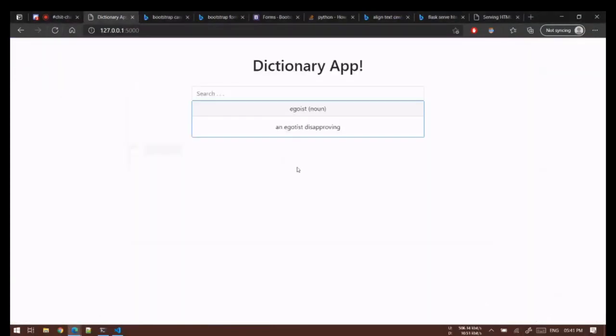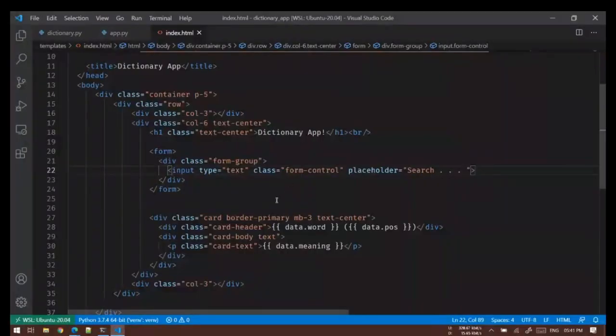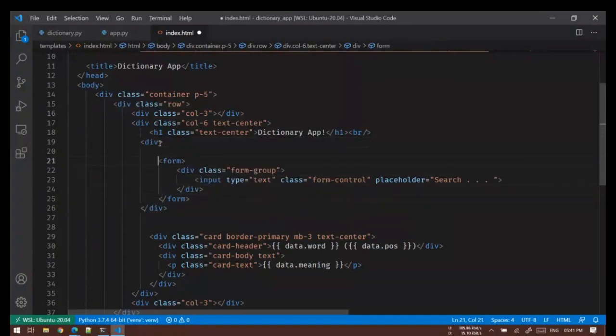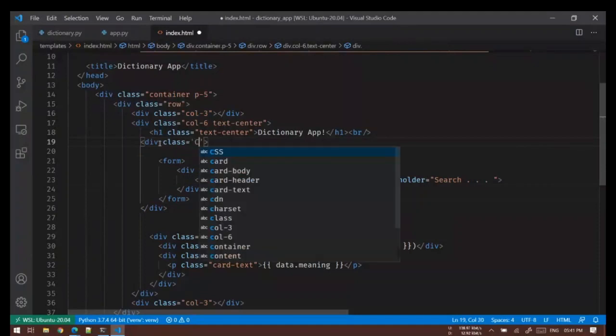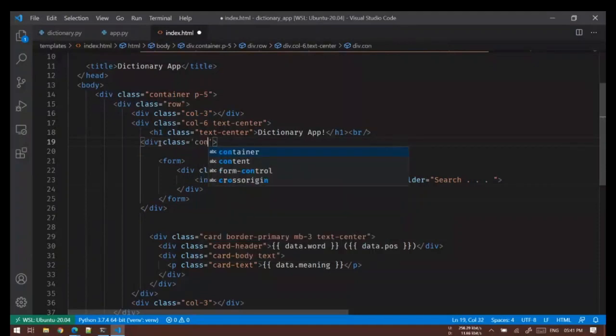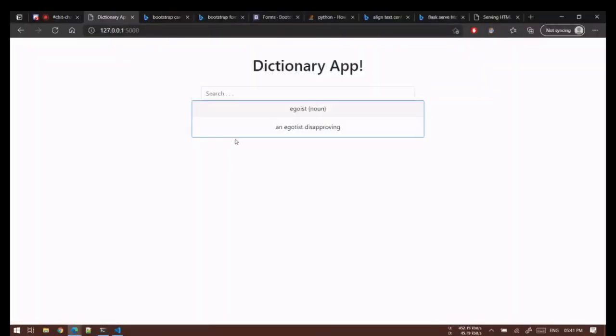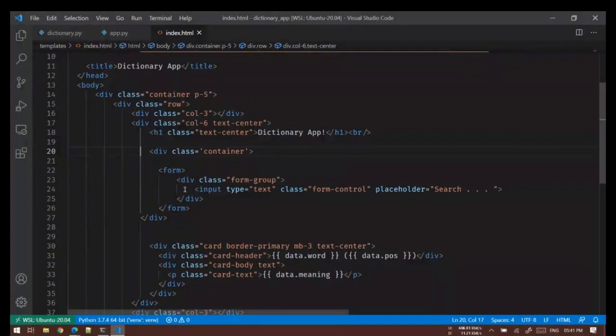Okay, so we have this button. Let's keep it inside a div, class equal to container, so that we can have some spacing between these two things.